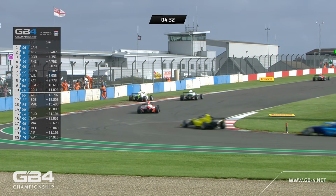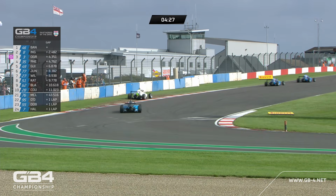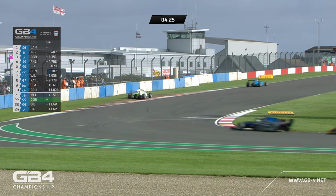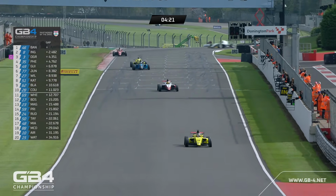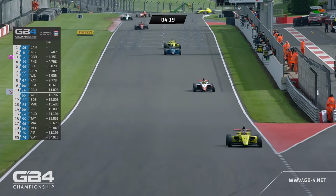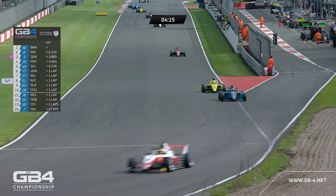Obviously it'll be under double waved yellows down into the Melbourne hairpin there. Yes, but it's not as far as I'd be comfortable with. Yeah, anyway, Flame and Ricola there, trying a move up the inside of the old hairpin. Going in a little bit hot, a little bit clumsy from Flame that time. I think looking back on that one, I might have done things differently in hindsight, but hey, it's